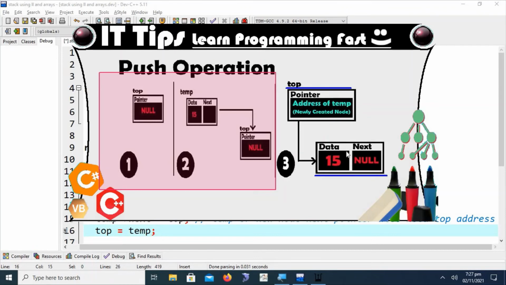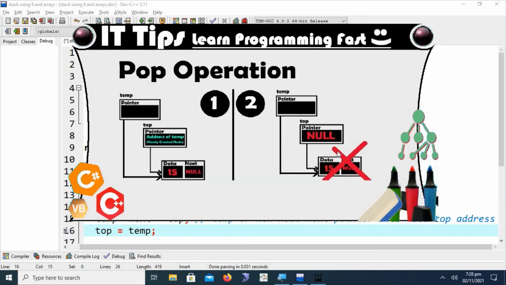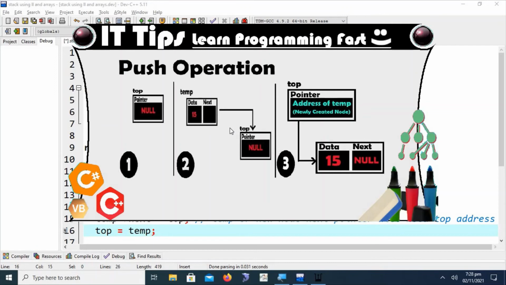It means that the address of temp will be moved to the top. Now top is holding one node, the newly created node. Okay, I think this is sufficient explanation for the push operation. Next we will discuss the pop operation.